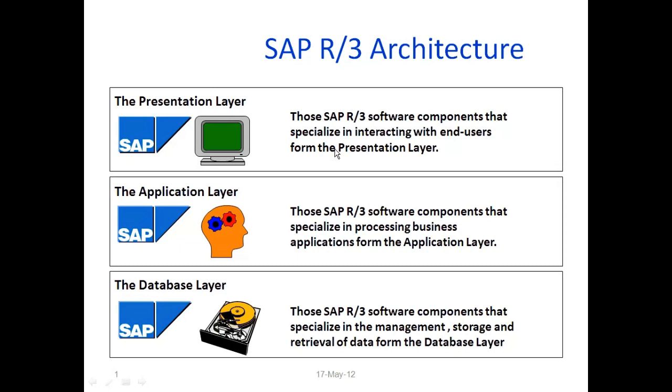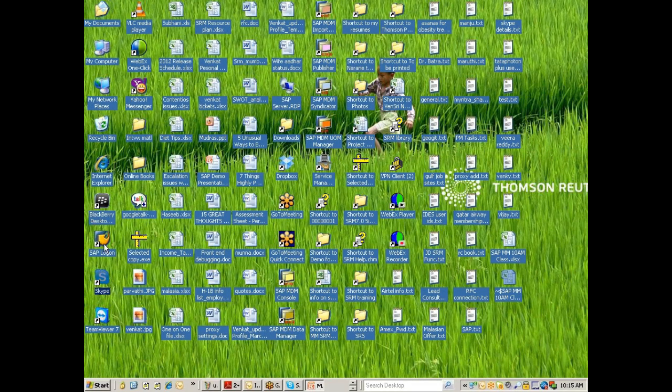So whatever Yahoo Messenger or Yahoo Chat, Google Chat, etc., which we use, they are called user interface screens. In other way, some of you are already working as end users. The screens where you enter data are called user interface screens. So your presentation layer contains the software components which are specialized in interacting with the end users from the presentation layer, right? So in other way, from SAP perspective, everybody knows about